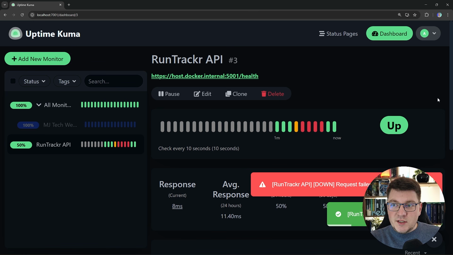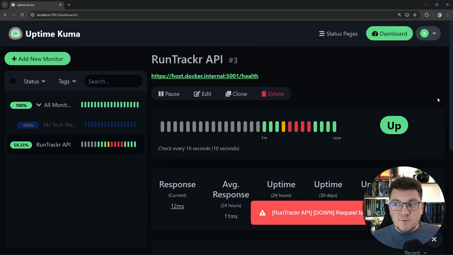So now what we can do is wire up some notification mechanism, and we'll get notified anytime our service goes down, and then we can figure out how we're going to solve the problem and get our service back up and operational. If you are getting into self-hosting, this is a perfect monitoring tool to get started,